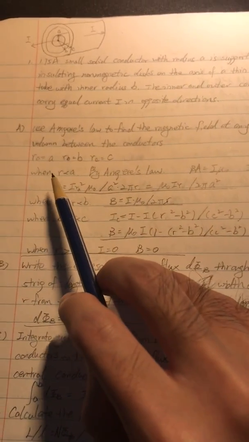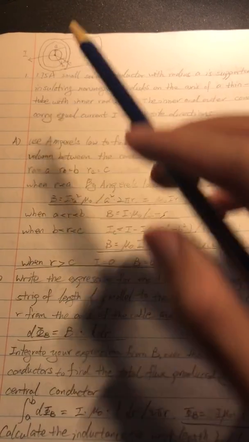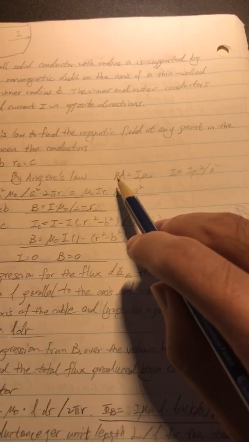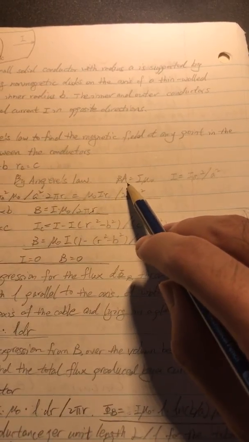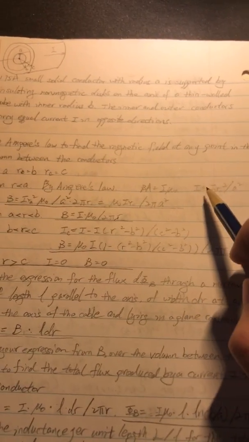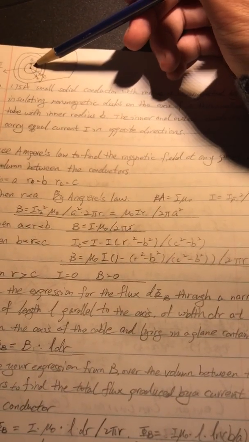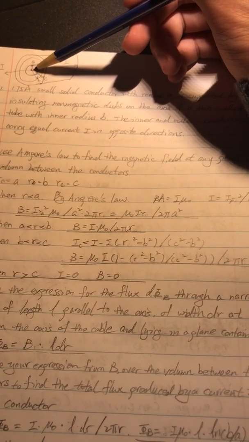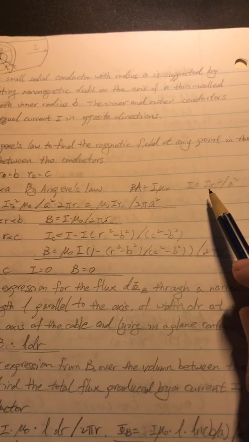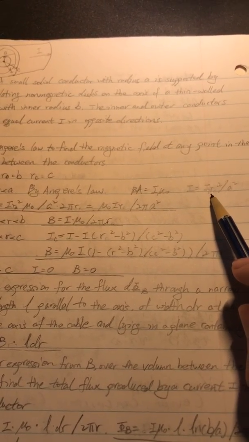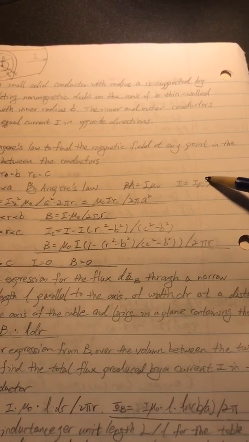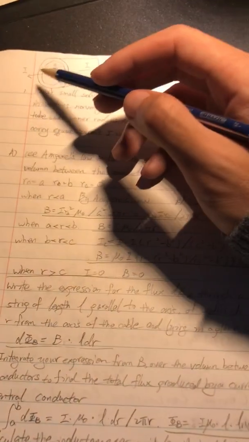So in the first scenario, when r is less than a, by Ampere's law, we will have two equations. The magnetic field times the area is equal to the current times mu zero. And also, when a current flows into this conductor, it will be the current times the radius of the point squared over the radius of the